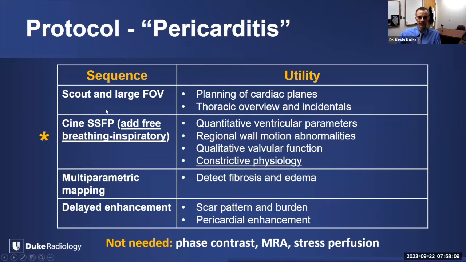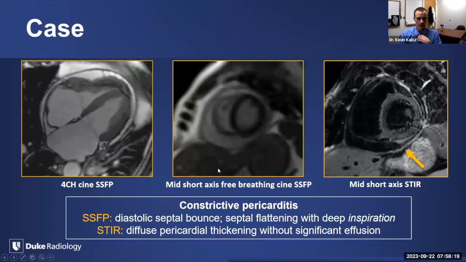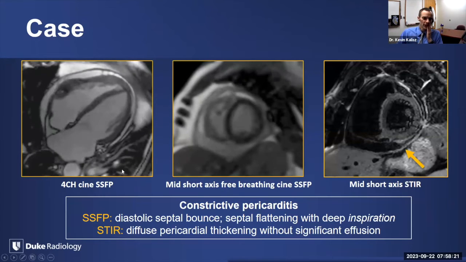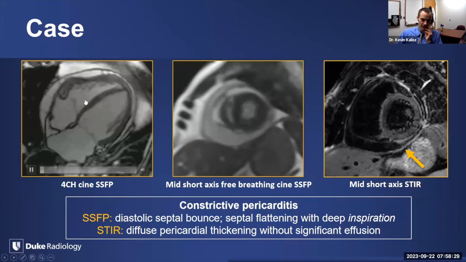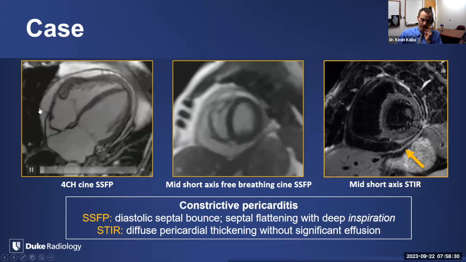The addition here is cine imaging, but in the setting of free breathing, particularly with deep inspiratory maneuvers, and that's really to elicit findings of constrictive physiology. So a couple examples here. You can see from an SSFP standpoint, unfortunately, the cine just stopped playing here. I think the highlight here is the function is relatively normal, but the pericardium is